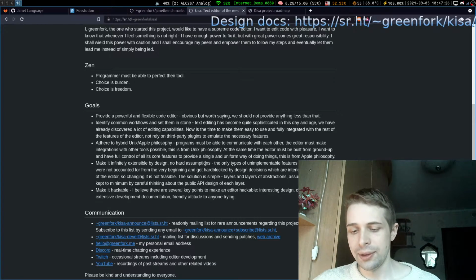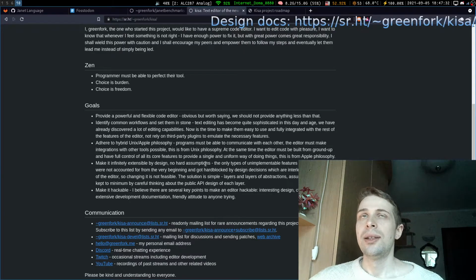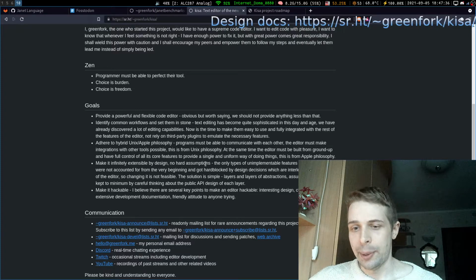The features which are not implementable are mostly those that were not accounted for in the design and got hard blocked by design decisions early in the project.